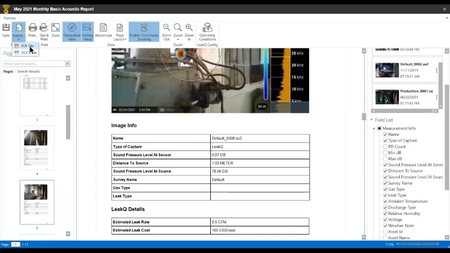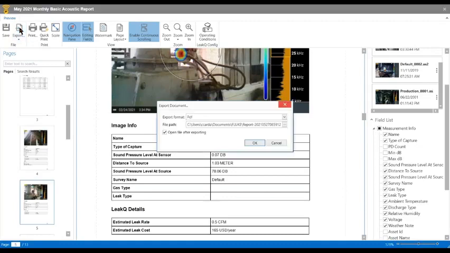At this point, we can export it as a PDF or .docs file if we wanted to. Oops, sorry, that's how